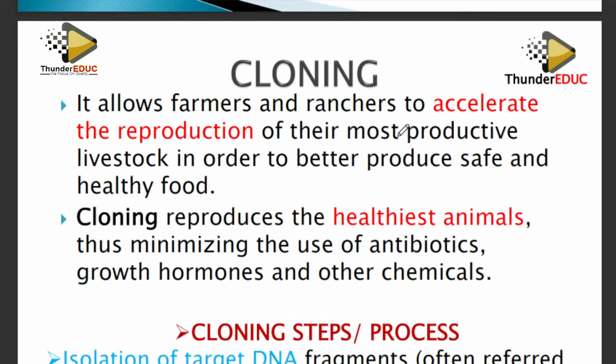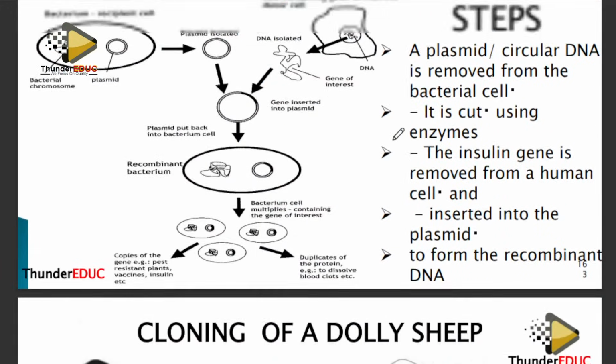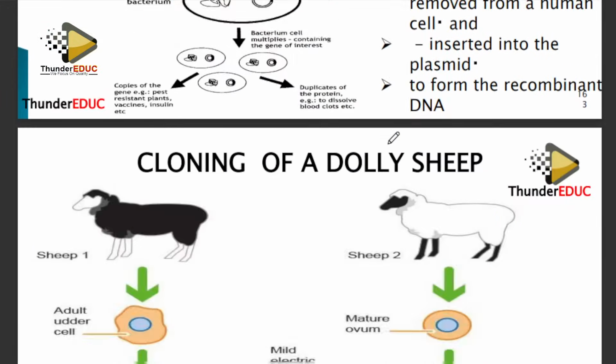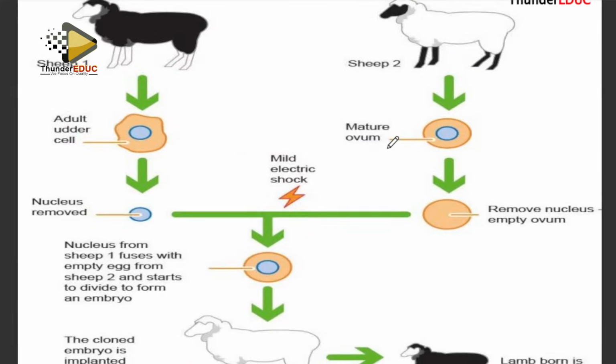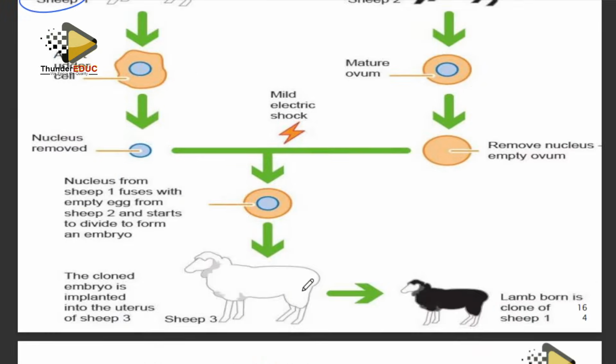Stem cells, we talked about them. So this is the process of cloning. It will depend on what they are looking for, or it can be this. You see, what we have been explaining is the same thing. You see that, this one is sheep 1, sheep 2, and then what is the sheep looking for?